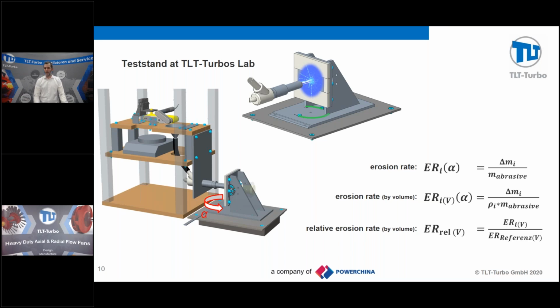And most important for us is the relative erosion rate, which means if you have an erosion of one material, you can compare it to other materials by simply dividing them through each other. We then get those nice little diagrams you can see on the top here. You will see those diagrams a lot more in the following slides. We always depict erosion rate on the y-axis and our impingement angle on the x-axis, and then we will see different